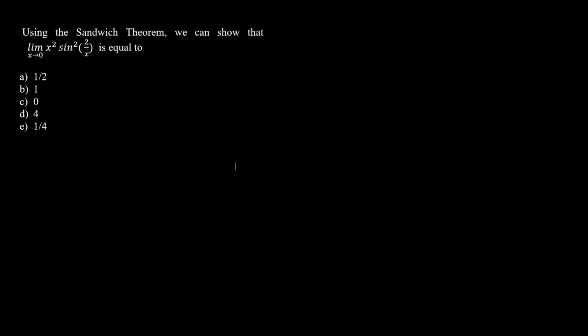Okay, this exercise is about using the sandwich or the squeeze theorem. The limit we're asked to find is the limit of x squared sine squared 2 over x as x goes to 0. First of all, we know that the sine function is bounded between 1 and minus 1. This goes for any argument. In particular, the sine of 2 over x is bounded between 1 and minus 1, as I said. And now if it is a sine squared,